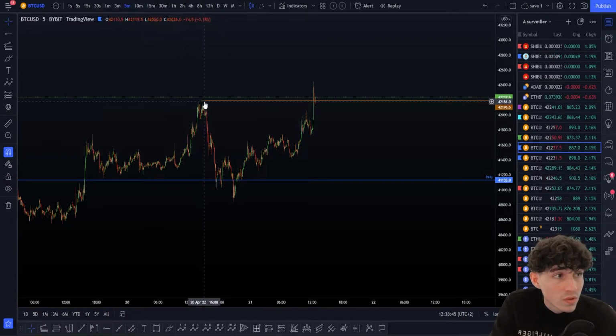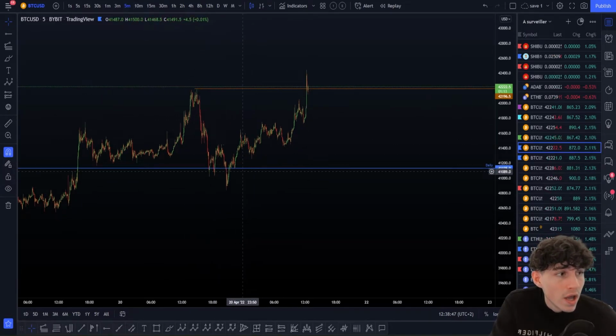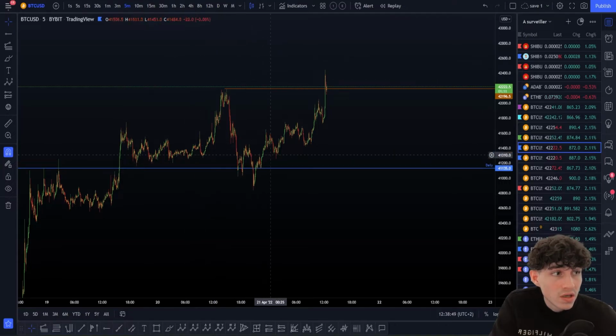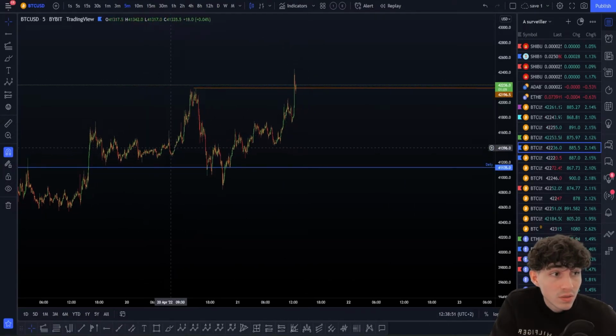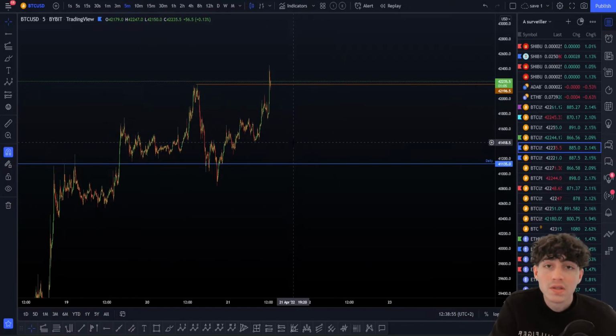We have here a show on the top of the top, and we recognized that was a possible long to take well in advance. Of course, even before the pump, we already recognized that was a long to take here. Targets are targets, and this is how we are trading this.